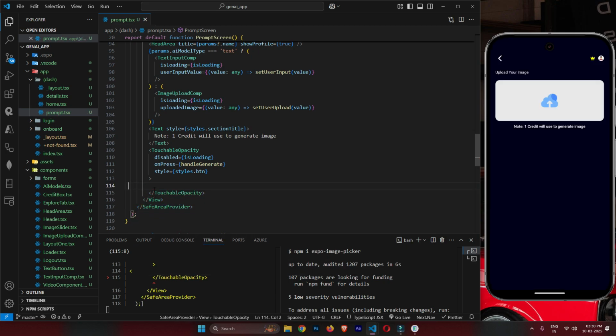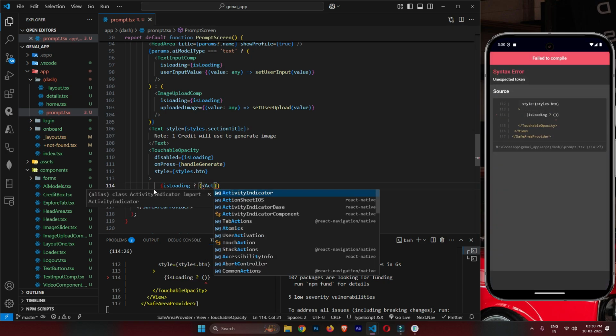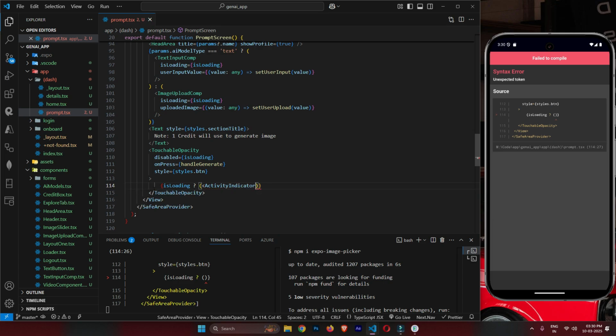Icons maybe will not work, so we can just add is loading. If it is loading, we can show an indicator, activity indicator. Its size will be large